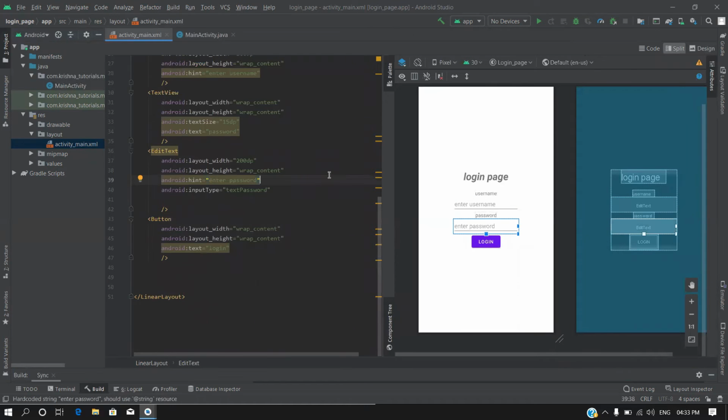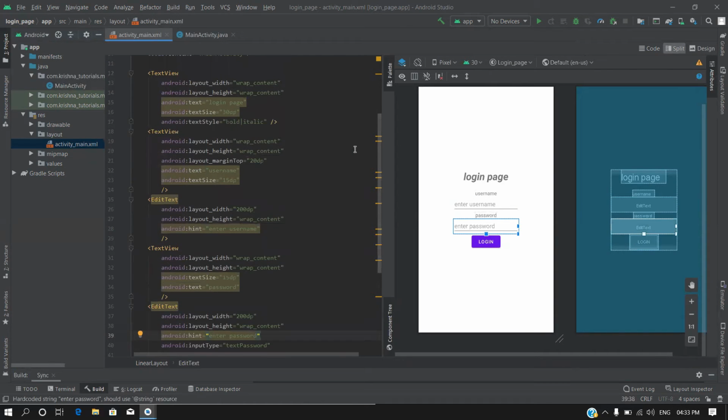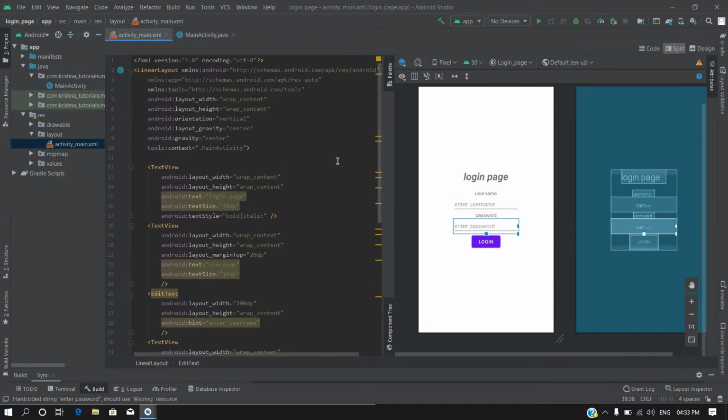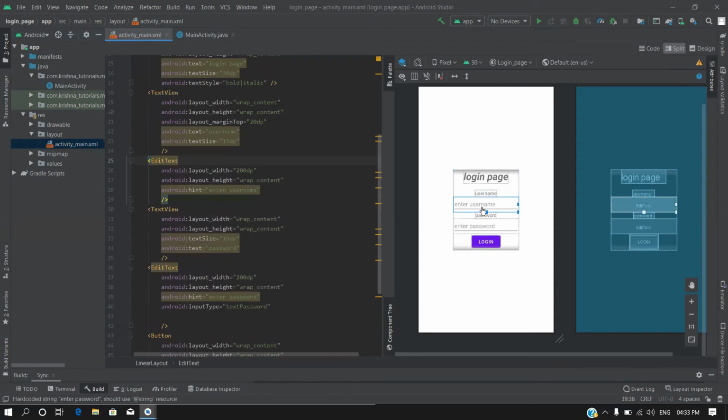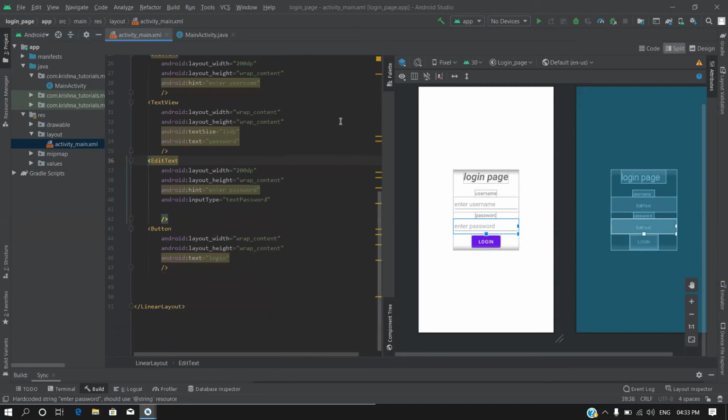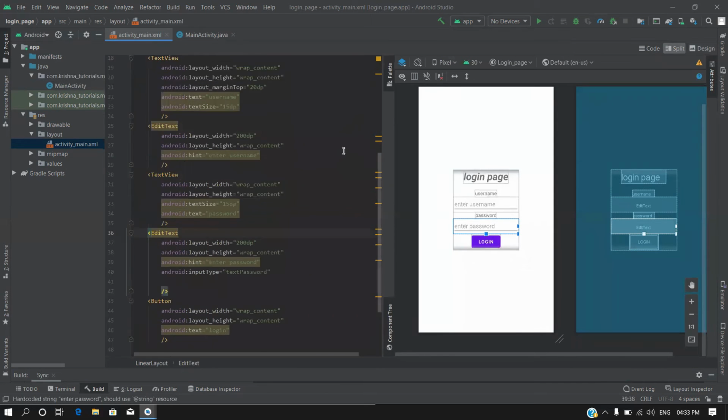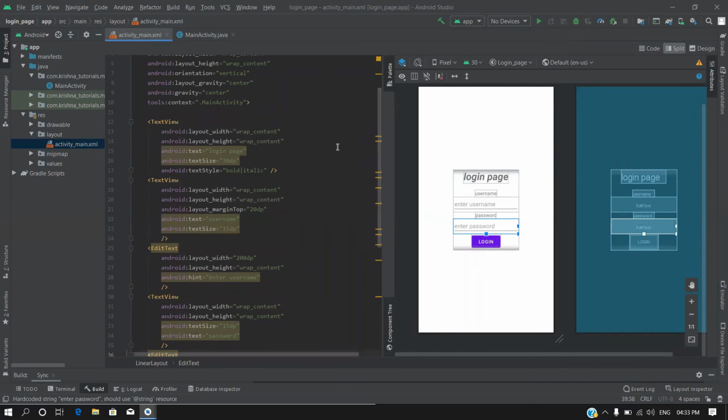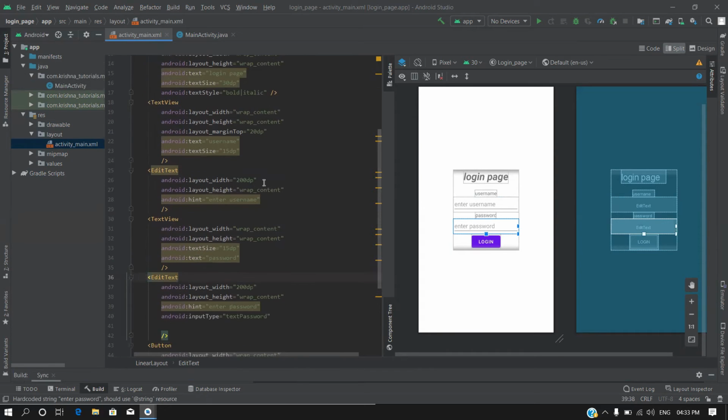For defining the logic behind this, I'm going to use some IDs for the username, enter username, and the enter password edit text widgets, so that I can handle the username and password in the logic part and perform some action based on that. Let me give this ID to this edit text.